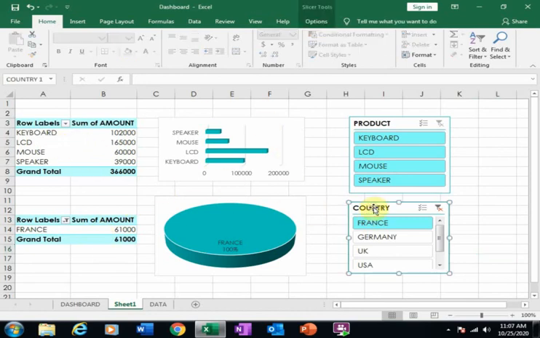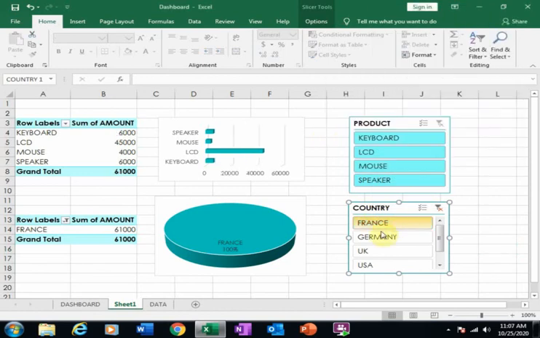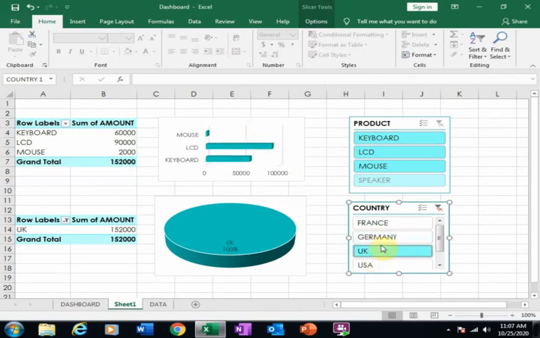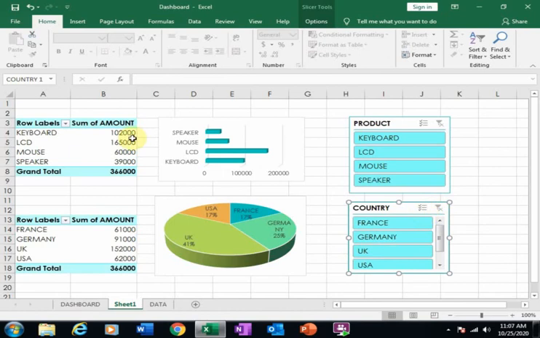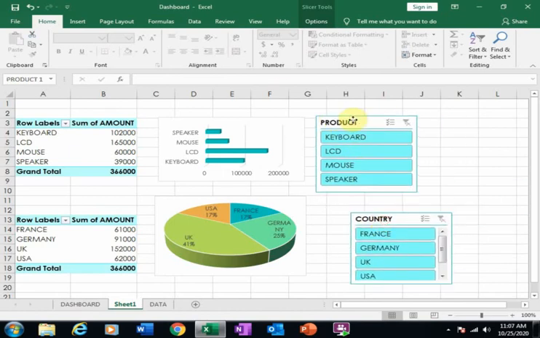Just right click here and go to report connections and select pivot table 1 also. Now it's linked to both charts. If I remove this filter, it will display all the cells. I just drag it here.